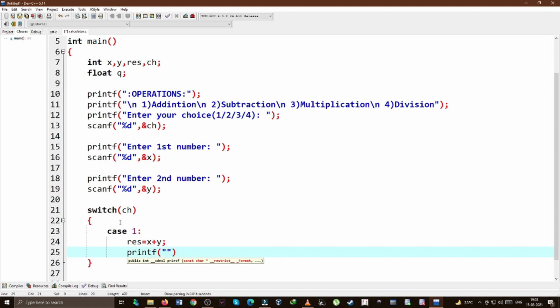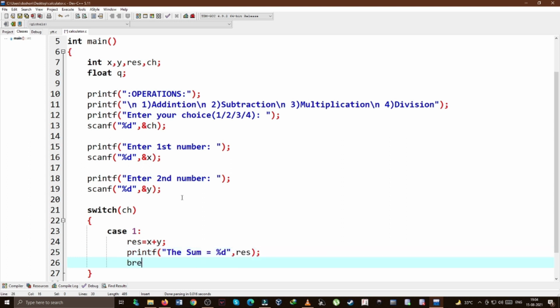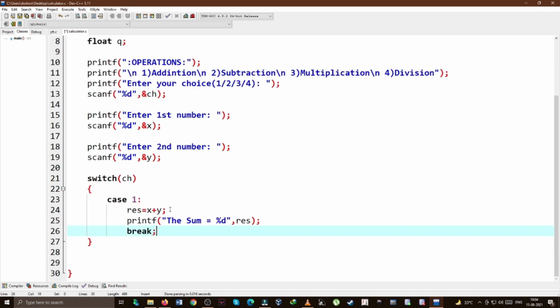So the sum will be stored into res, and res equals x plus y. Now we will simply print the result, that is, the sum is %d equals to res. For the first case, if the user gives 1, so the ch value equals 1, the first case will be executed. Getting the result of the first case, now we will give a break because we don't need